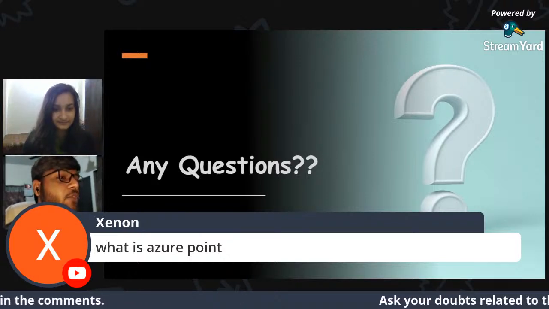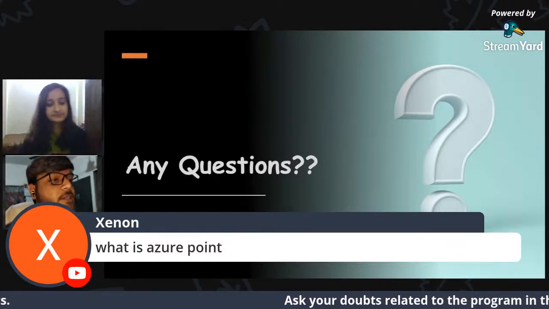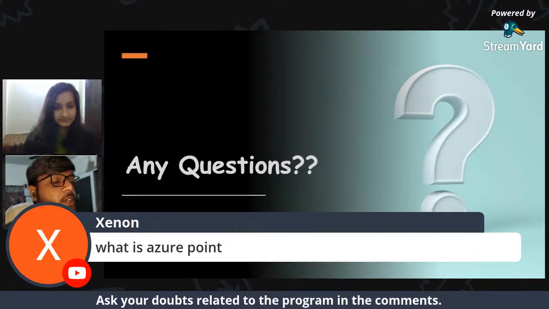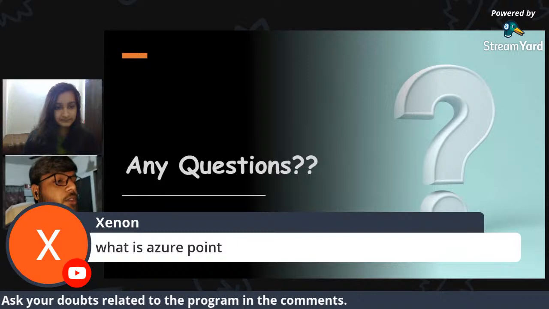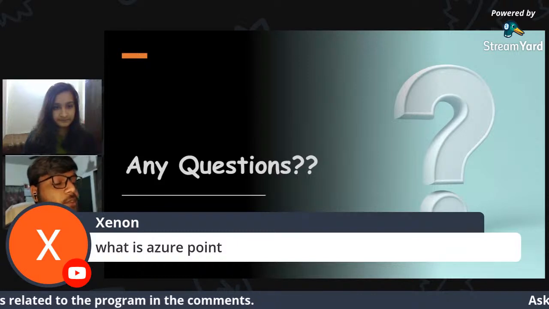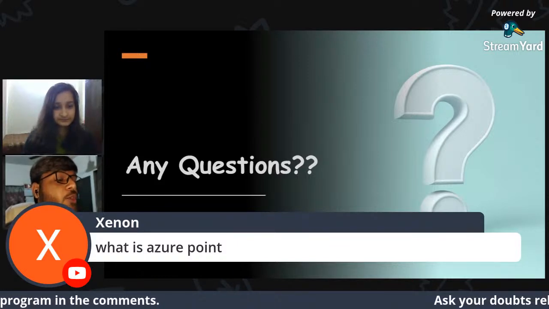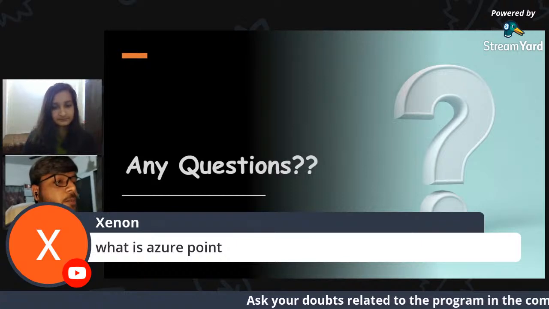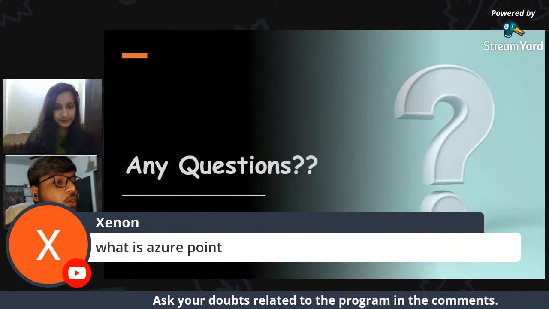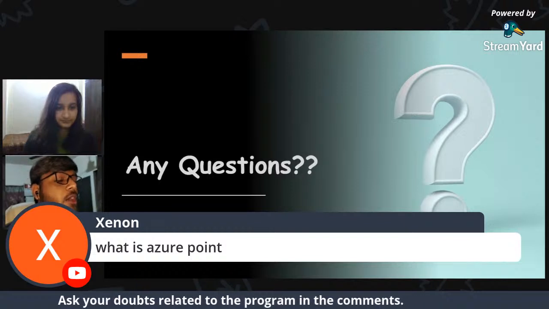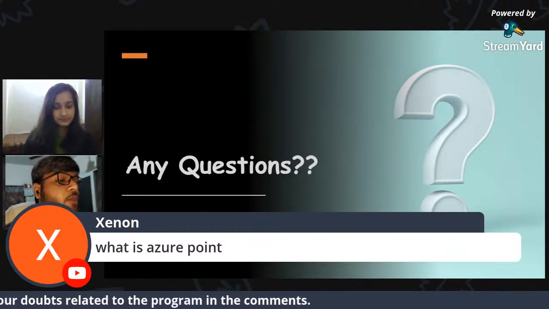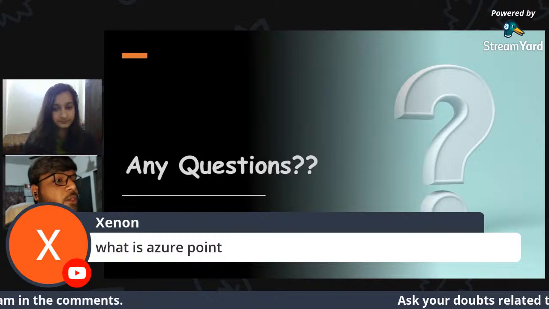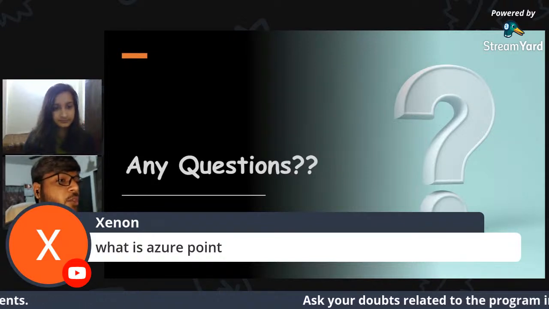So basically, what Azure points are: you will be getting some credits related to Azure. For those of you who don't know what Azure is, it is similar to Google Cloud and AWS, Amazon Web Services. What you can do over there is host your website, host your notebooks, or do plenty of things like making your database in the cloud. What you require for doing all those things is Azure credits, or your credit card added to your account.